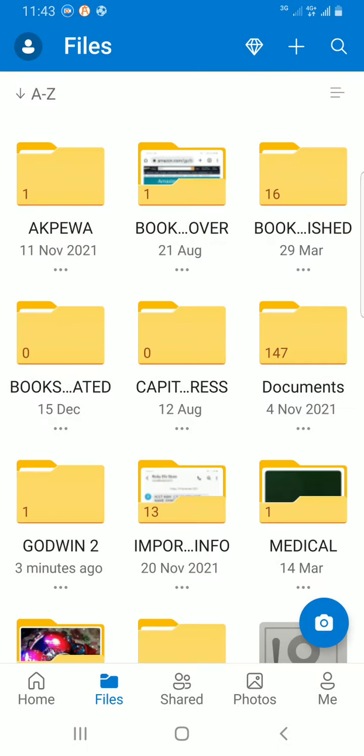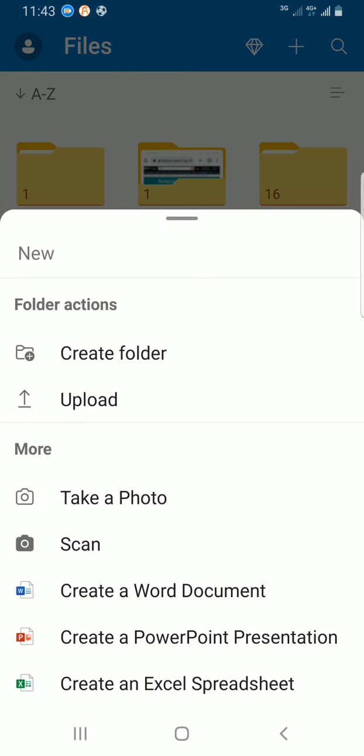Now, what if you want to take a photo and then have the photo automatically uploaded on your OneDrive? How do you go about it? The first step, tap on the Files tab so that you are on the Files page. Then the next step you are going to take is tap on the plus sign. Okay? Now, choose the option to take a photo. Okay, let's assume this is what I want to capture. Instead of brush,